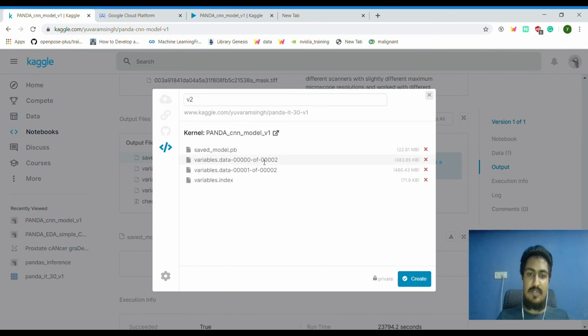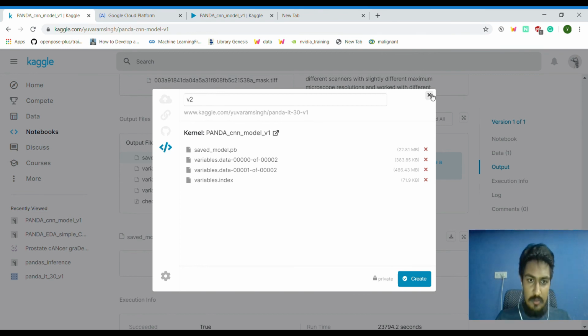I don't want the zip file, since that is for downloading to my system, whereas the other file is for directly loading into the model. If I click create, this dataset will be created, and then it can be imported into other Kaggle notebooks wherever you want.